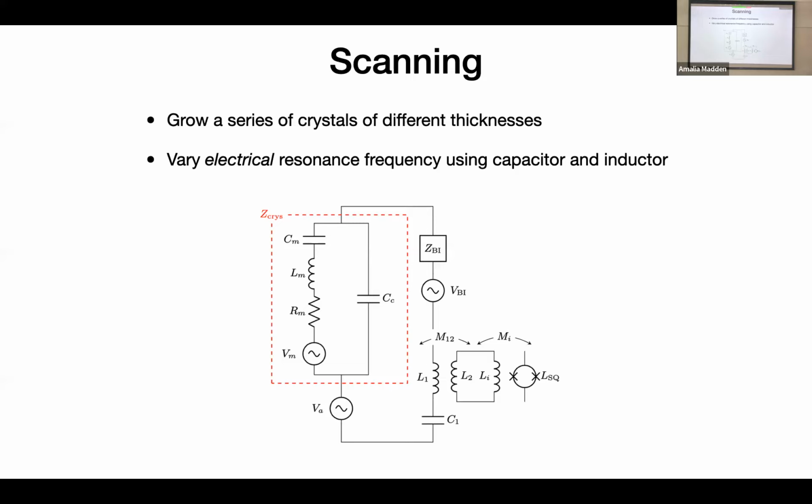So scanning is going to be a problem for us, but one way around this is that we can widen the bandwidth of our experiment by introducing, as Maxime suggested, an external LC circuit. And that external LC circuit can't change the mechanical resonant frequency of your crystal, but it can change the electrical response of your experiment. And that allows you to scan very slightly outside this predetermined natural frequency of your crystal.